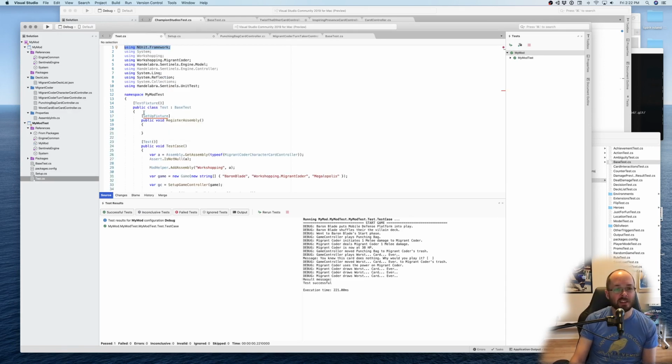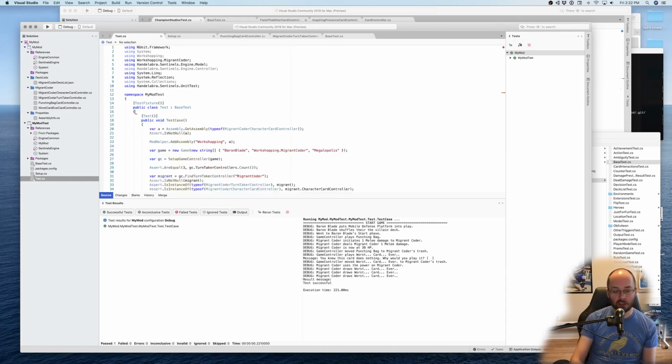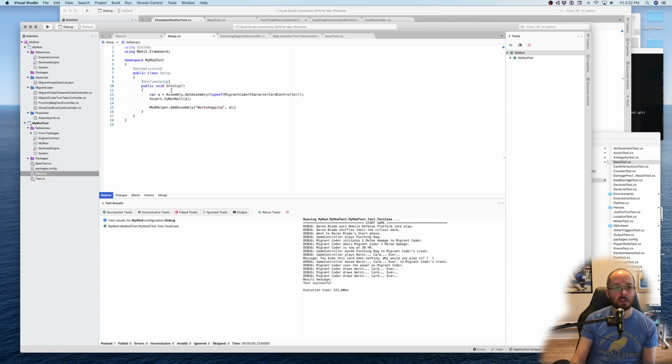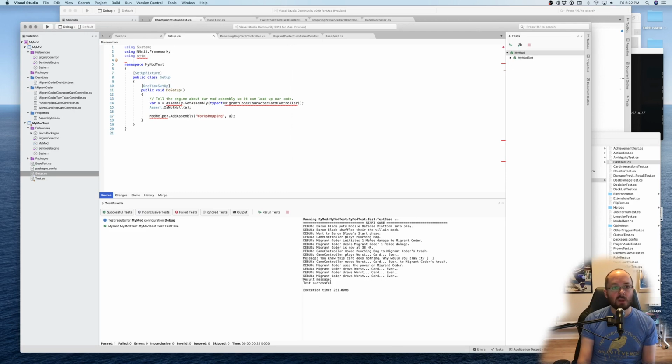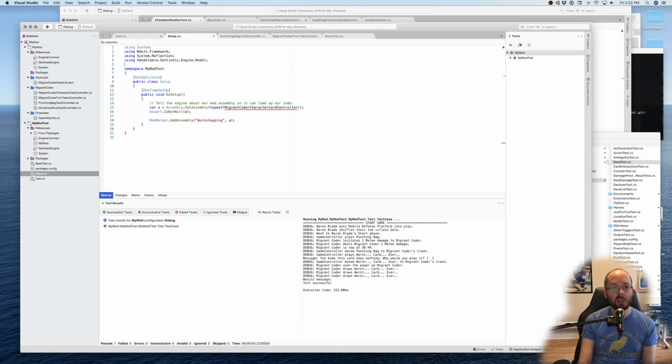So we don't want that in here. So that's going to be this stuff. Basically, tell the engine about our mod assembly so it can load up our code. And we need system, typing, reflection, and model. And we need to be using,